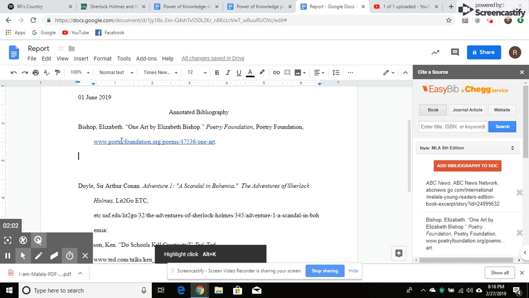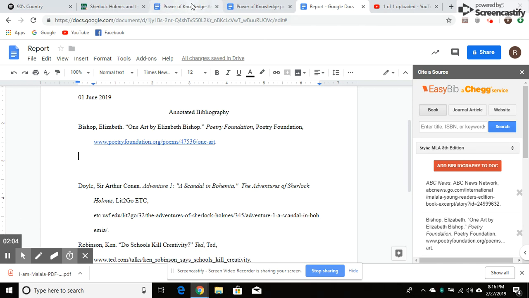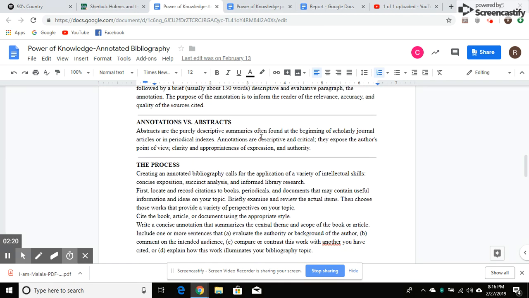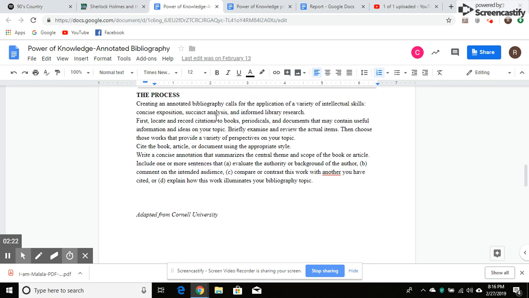All right. So I've already given you guys some instructions on exactly what to put in your paragraph. So let's go over to the annotated bibliography page. You can see on here that you're supposed to have a brief, descriptive, and evaluative paragraph, but what in the world does that mean? So let's go down here and see if I give you any hints. Okay, so I'm supposed to